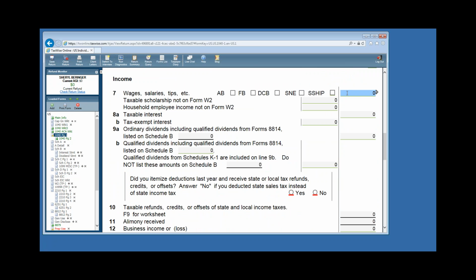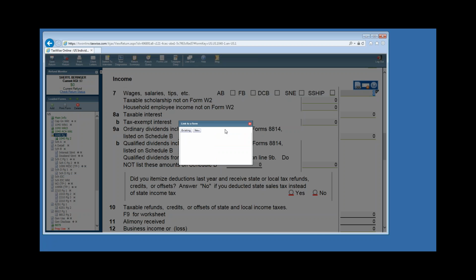Notice that anything that you hover over on any line will have an arrow to the right of it. If you click on the arrow, it's going to give you 3 options. This top option just explains what line it is. This option we'll talk about a little bit later, but this is really what you're going to be accessing. It's called Link to Another Form. So it basically links one line to the form that has the material with the information on it. So we're going to pull up a W-2,